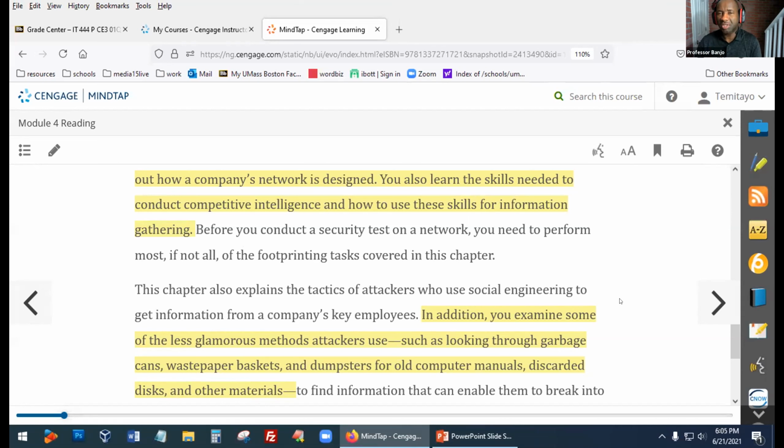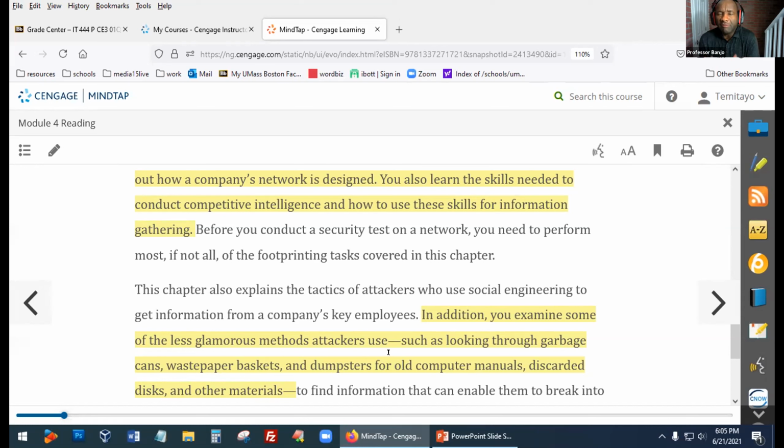So as security people, you don't want to be discarding old disk drives, like it says here, or valuable information into the trash. Always think to yourself, can this information be taken by somebody else?